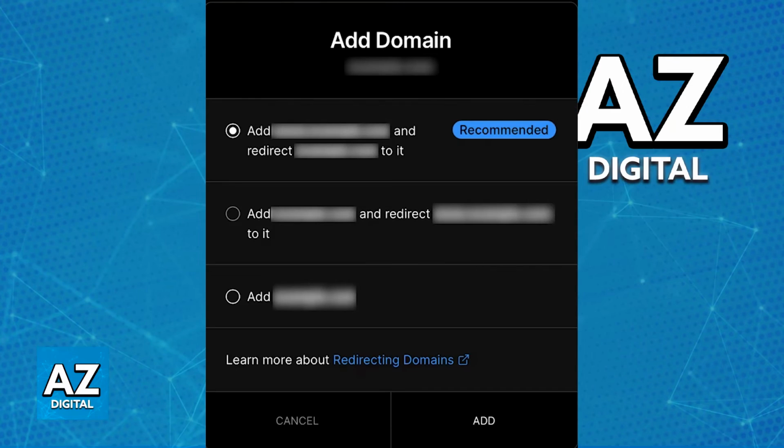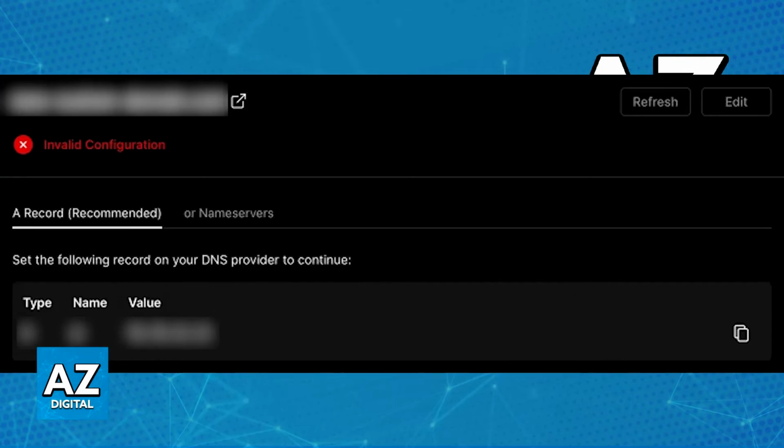Now, you will be prompted to choose how you want to add the domain. If you add an Apex domain, for example, site.com to the project, Vercel will prompt you to add the www subdomain prefix, the Apex domain, and some basic redirection options. As long as you leave everything as recommended, you should be good to go, but if you are more knowledgeable, you can customize this. Regardless, once this is done, you are basically good to go. It should appear on the list and you will be able to refresh or edit it as necessary.